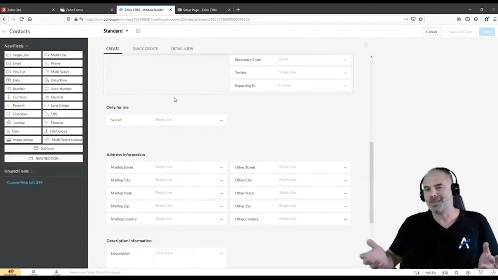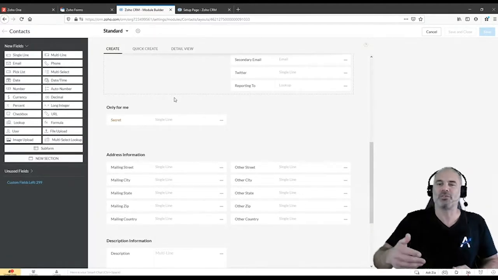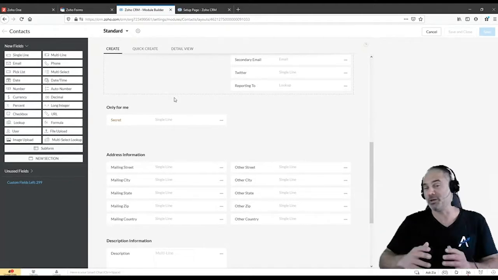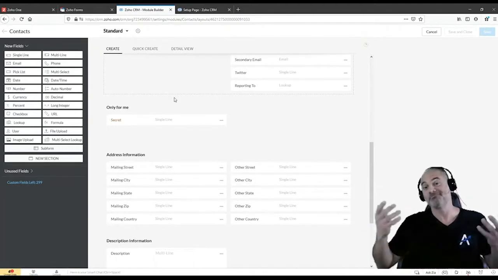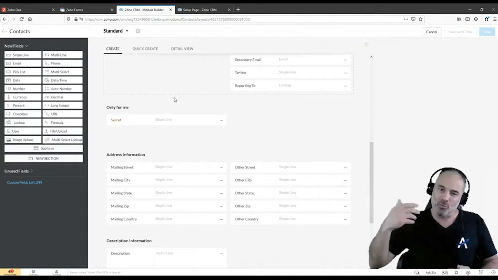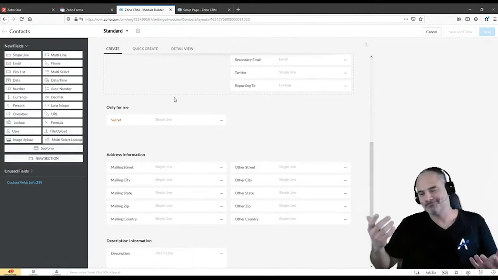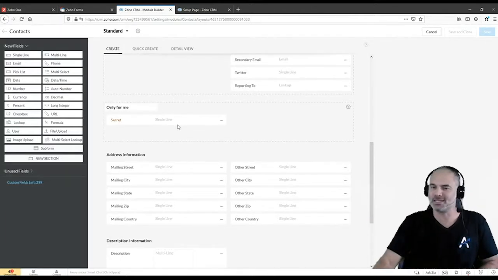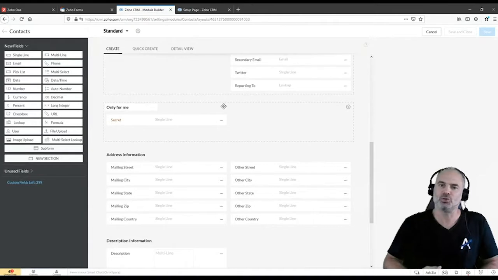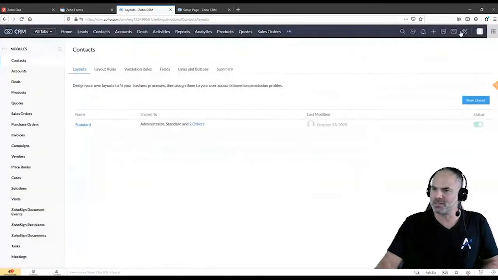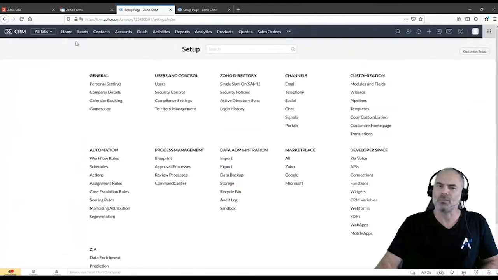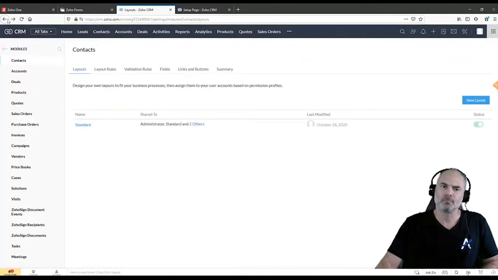I would try this direction, and if that doesn't work, you can always go with a new module, but that's probably the way to go. Then delete or hide the fields that you don't need in that module, because a lot of the other fields are not necessary.